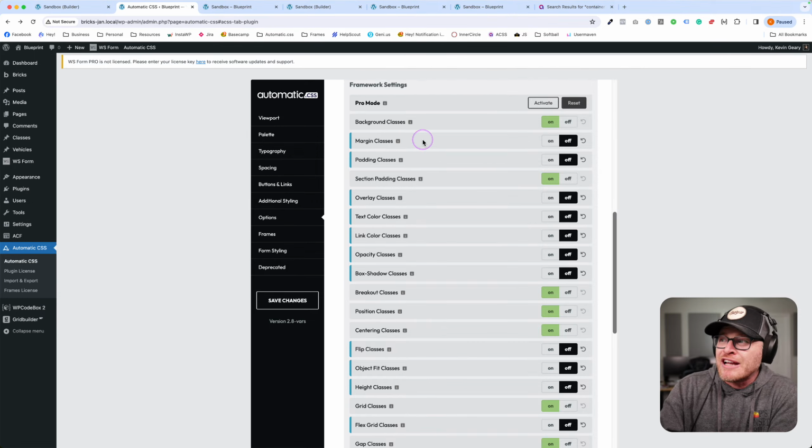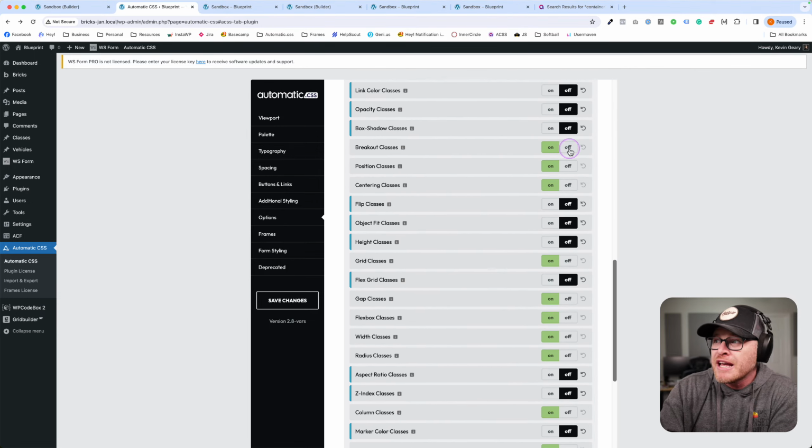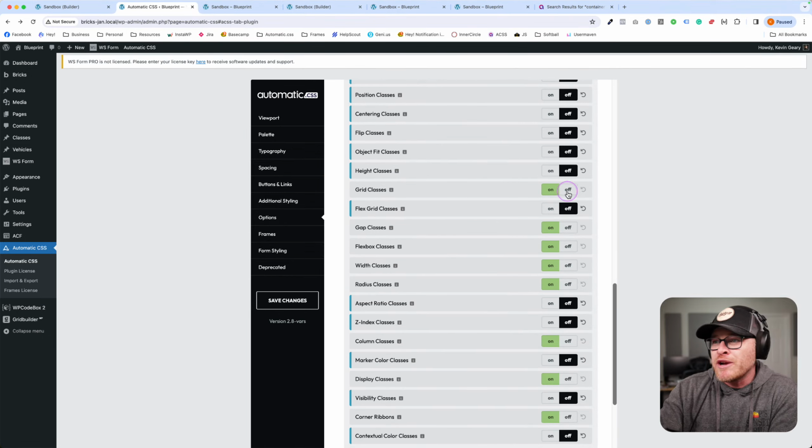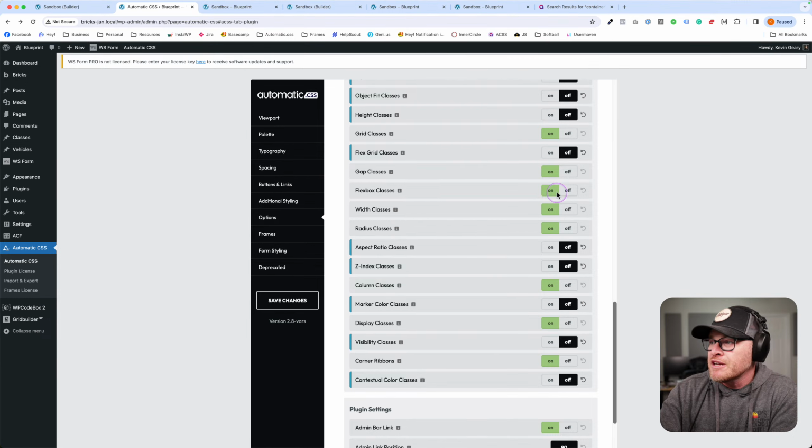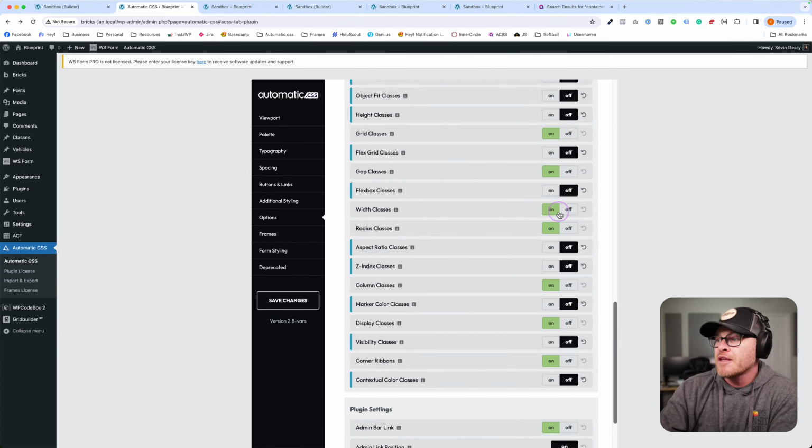Then I even go a little bit further than pro mode goes. If I'm not using breakouts, off. If I'm not using position classes, off. If I'm not using the centering classes, off. Grid, almost always going to use, that stays on. Gaps, almost always going to use. Flexbox classes, don't have a lot of use for those a lot of times. If I'm using straight up BEM everywhere, may not have a use for those, off. Width, I like to have. Radius,